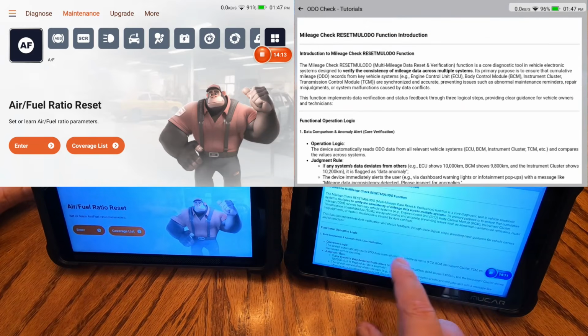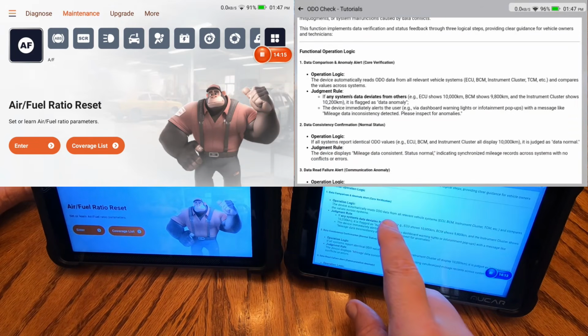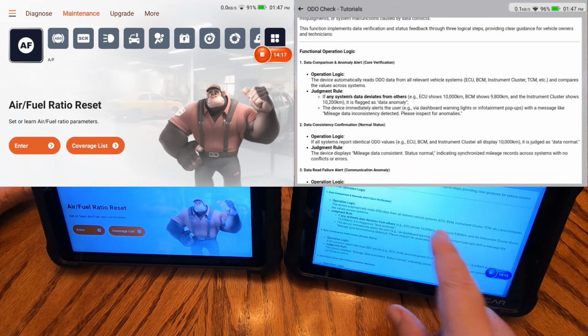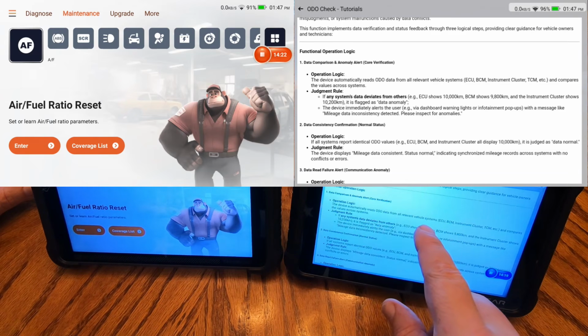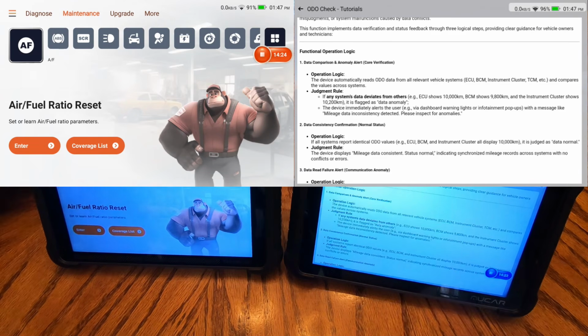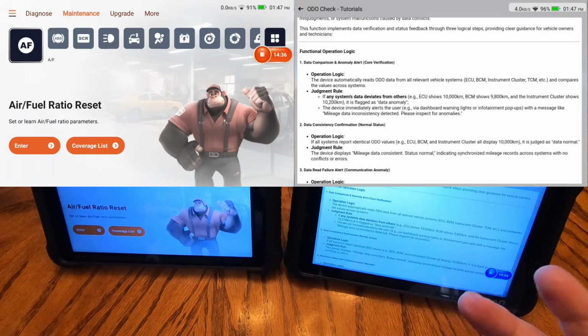What I think this does, okay, the device automatically reads the odometer data from all relevant vehicle systems. So different cars store the mileage in multiple places. The instrument cluster and the BCM would be 2 that would have the mileage stored in them, and they should match